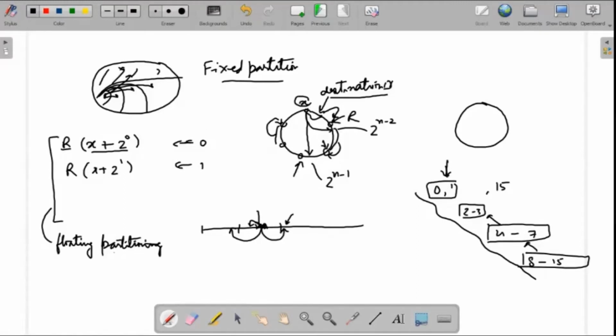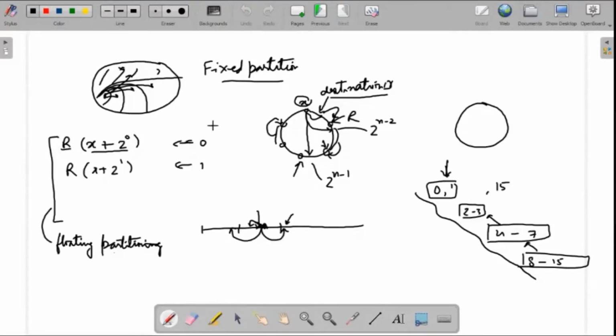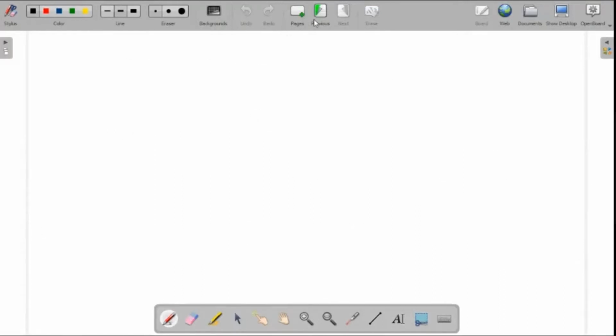Depending on what's the value of x, partition will change. Now, in such a scenario, the earlier mechanism of doing this neighbor table exchange will not lead to the stabilization of routing table. You may end up in incorrect routing tables. So let me now talk about an example where I will show that it actually leads to an incorrect routing table and how this can actually be corrected. So this will also tell us a subtle concept of how we can actually use an optimization strategy. Basically, it's a gradient descent approach to actually correct the routing tables if they go wrong.